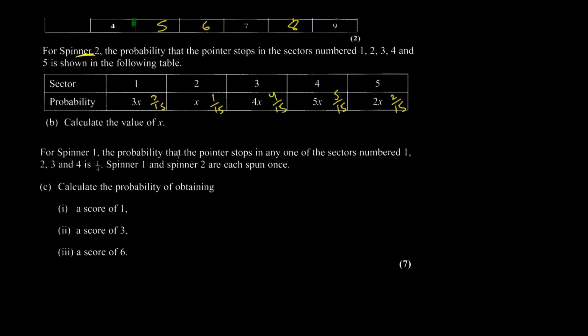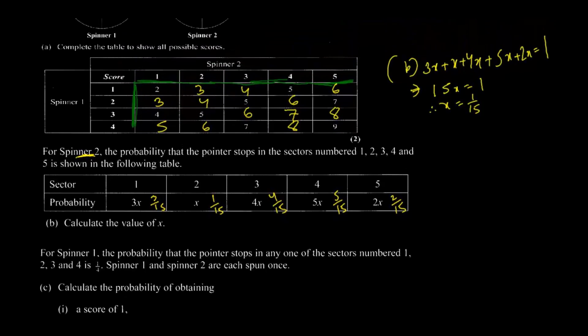So the next question, we are going to take the probabilities of spinner 1. The probability that the pointer stops in any one of the sections numbered is 1 by 4. So what they're saying is, if you want to find the probability for spinner 1, and if you make a table just like this, let me make a table like that. This is for spinner 2. If you make a table for spinner 1 just like that,